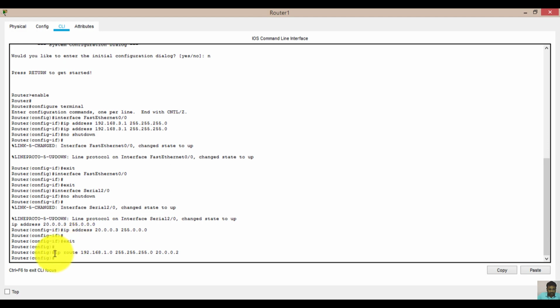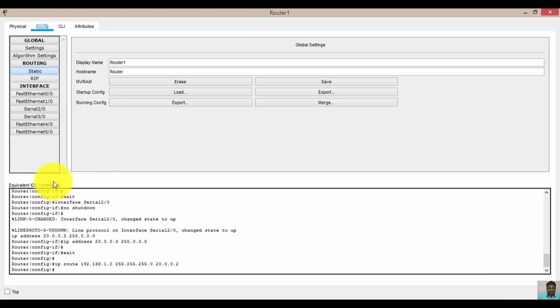Then to route it: ip route 192.168.1.0, then the subnet mask, then the next hop address 20.0.0.2, and press enter. That's all.